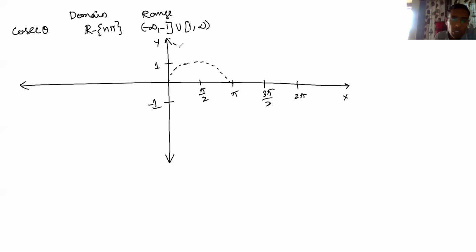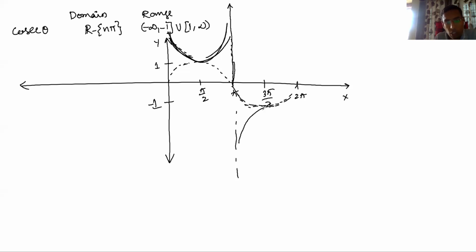So this graph will be exactly opposite. So this graph will be like this. That means what? For pi, it will be like this, right? So this graph is exactly opposite. Now, you can see this is the sine graph, and opposite means what you get here? This one. Hope you are able to understand this one.